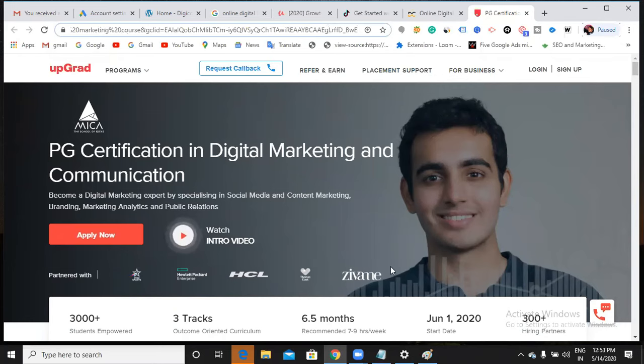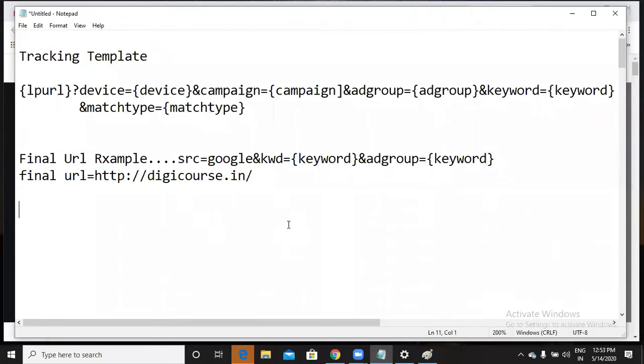So what is this GCLID? Some people use both tracking templates and GCLID. Some people use only GCLID, right? GCLID means the Google Click Identifier. It is an alternative to the tracking template. So what does it mean? You don't need to track each and everything like device, campaign, ad group and all. Automatically, if you turn on this Google Click Identifier, for your campaign and ad group, whatever people click, it will track each and every piece of information.